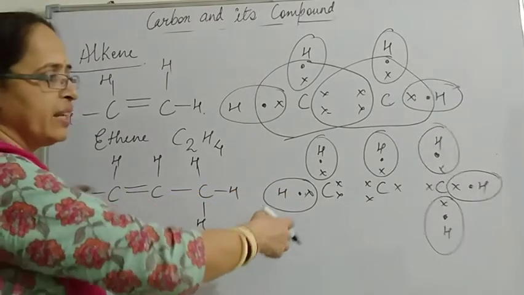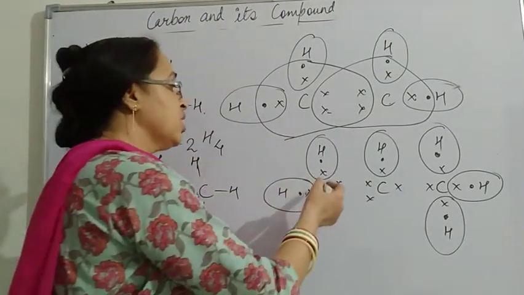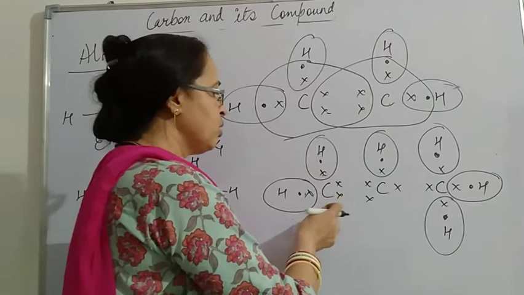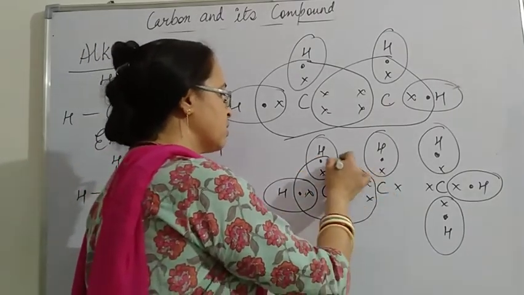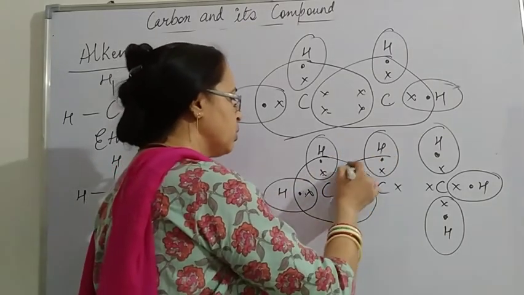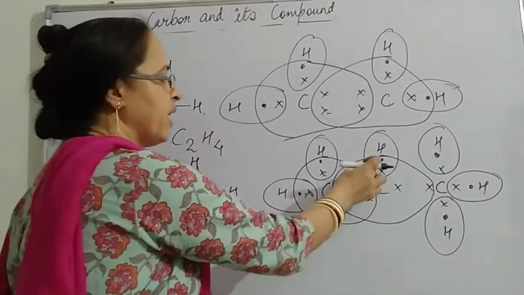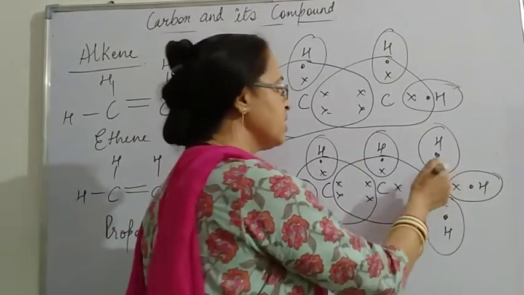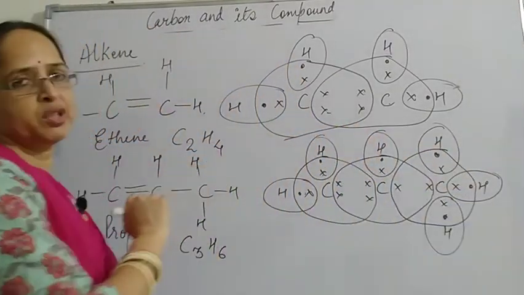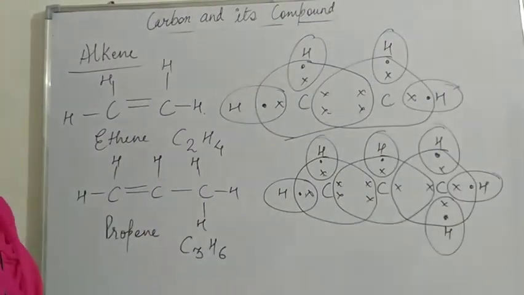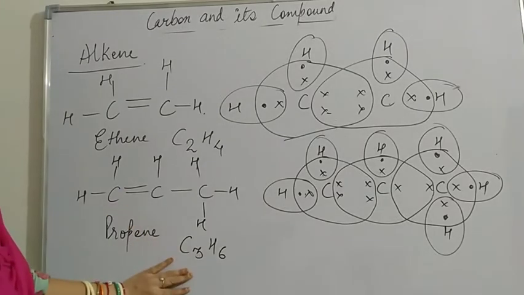Now when we draw the electron dot structure, here again we fulfill the valency of the carbon and this is attached with the hydrogen. Now for completing the octet of this carbon, 2 electrons, and here for this carbon. In this manner we will fulfill 4, 5, 6, 7, 8. And for this carbon also, 2 to 4, 5, 6, 7, 8. So in this way the octet of these carbons is fulfilled and we have the electron dot structure, and this is the structural formula, this is the molecular formula.